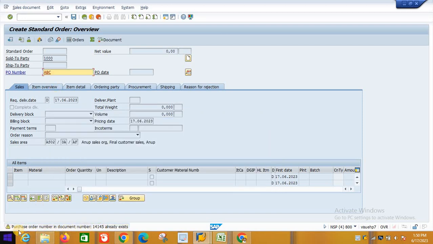What is the warning message? Purchase order number in document number 14145 already exists, because that purchase order number already exists. Someone used that purchase order number in sales order 14145.